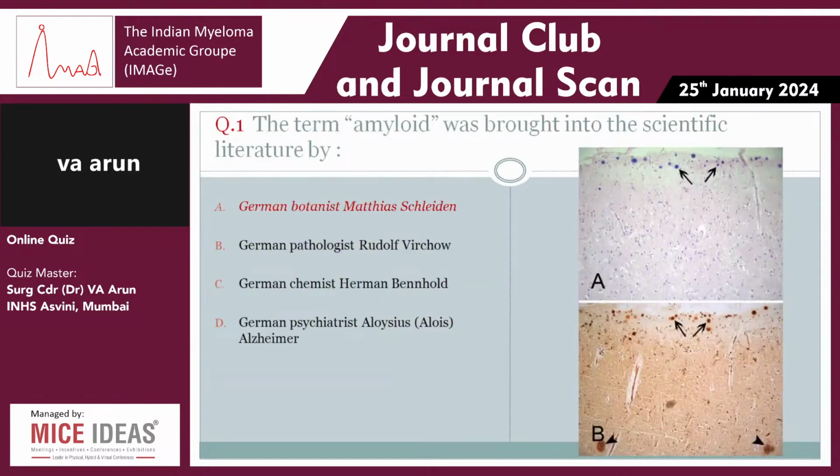But before that, and I hand over the proceedings to the organizer, I will just discuss the answer in a jiffy. It's interesting to know that it was a botanist, Matthew Sladen, who would actually coin the term amyloid by his extensive studies on plant amyloid deposits. And as all of us know, it was initially confused with starch, and the starch in plants would seem similar to what amyloid would do. And the insights actually show the patients referred by Aloysius Alzheimer, the great Alzheimer, who would refer patients to Virchow to study. And these are corpora amylacea in patients of Alzheimer's disease, which you can see beautifully highlighted by the